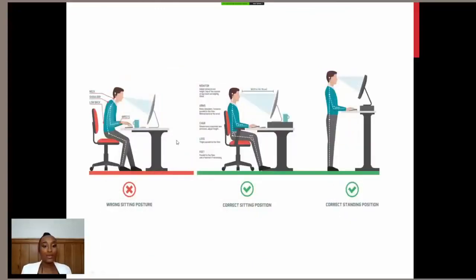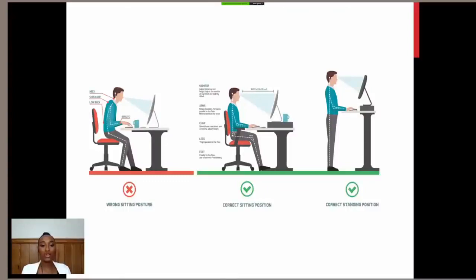So again, we've got a bad position here, an example of what you shouldn't be doing. Then we've got a better seated position. And then we've also got a really nice option here, a standing position. But the thing to think about with posture, even though I'm trying to encourage you to have a better posture, the best thing you can do for yourself is to move regularly, to get up and move every 20 minutes. Realistically, you don't want to be seated for longer than 20 minutes and do that consistently. That is one of the best things that you can do, is just to move around a bit more. So there's different things to take into consideration when you're sitting at a desk.